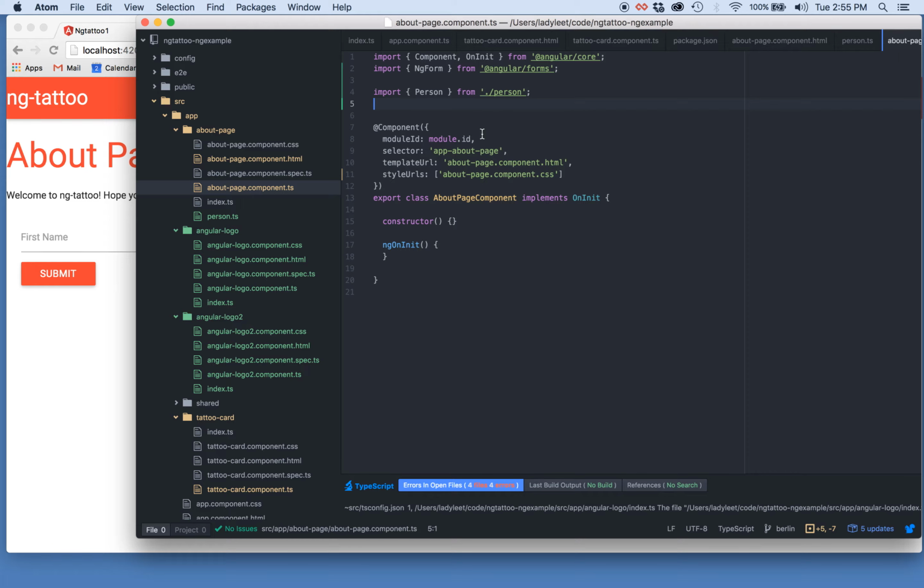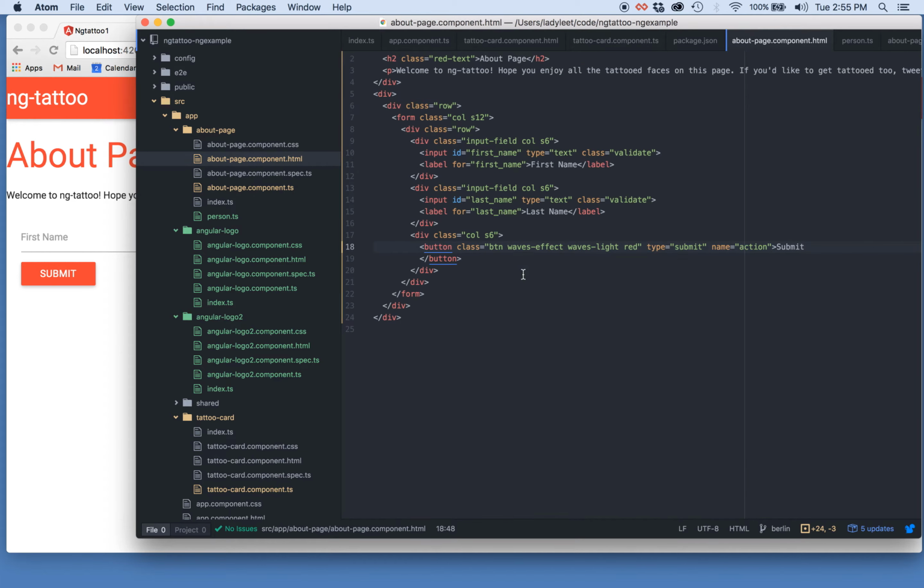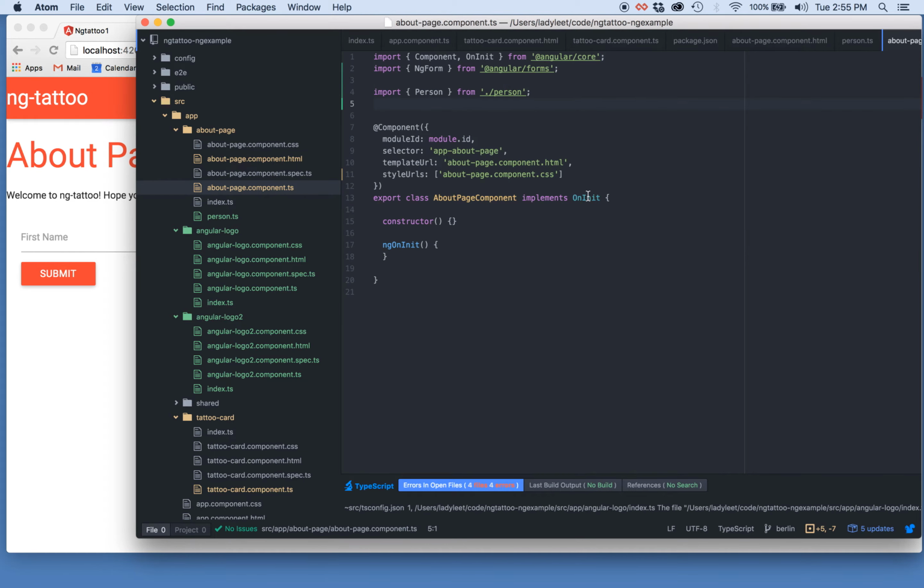I think we're good there. For now, we're going to want to do some code for our button in a moment, but let's go back to the HTML for right now. So what we would do, oh wait, I know there was something we were supposed to do. We need to have a property in the component for our person. So we would just, inside the class, above the constructor,